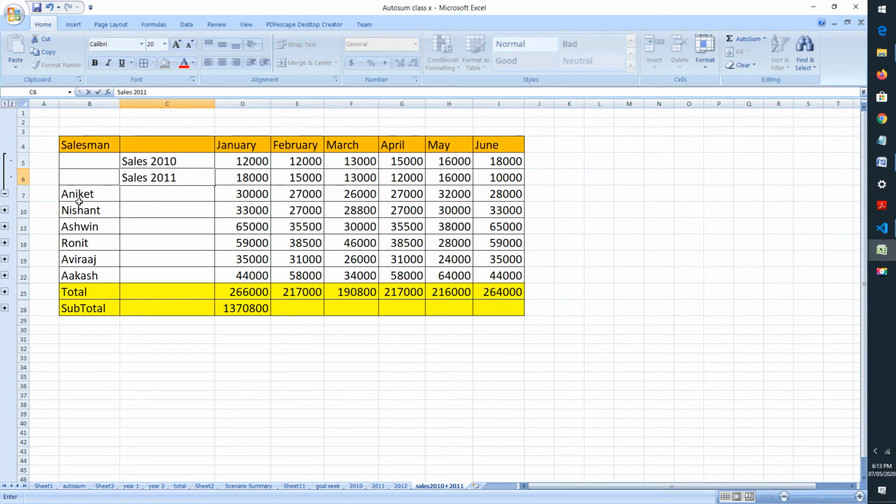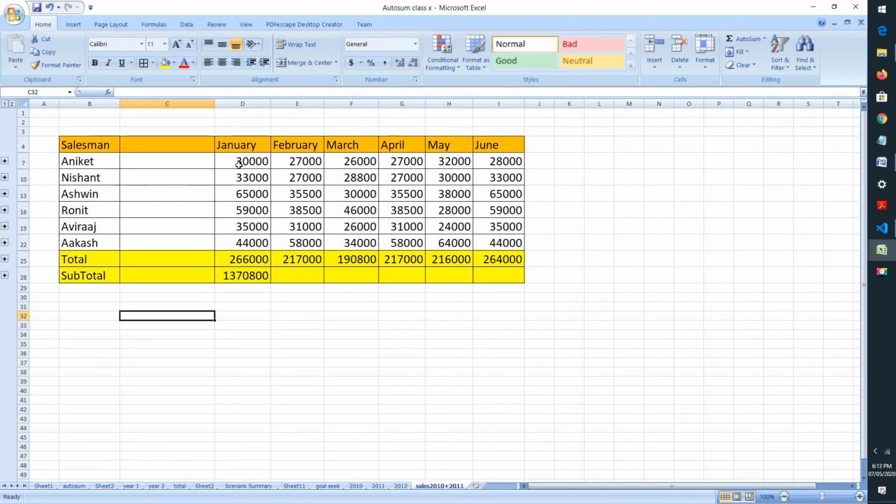So, now what does it mean? You can check that for the salesman Aniket in the month of January, the consolidated data represents 30,000. Now, where is this data coming from? If I simply collapse this group, you can see it represents 30,000. Before expanding this group, I would like to show you where this data is coming from.